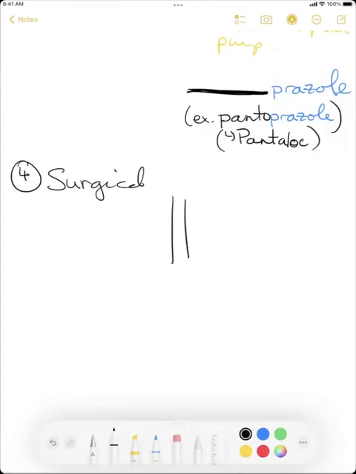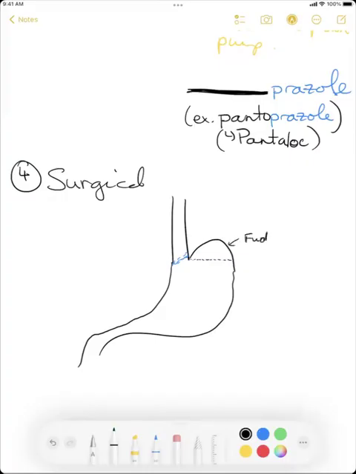So if we actually look at our esophagus, we have this part of the stomach that actually extends a little bit higher than where the esophagus joins on. And then you have your stomach here. Here's your lower esophageal sphincter. If it doesn't have very good tone, what surgeons can do is they can take this part of the stomach, this little piece that extends above. This is called the fundus of the stomach, and they can take this piece and wrap it around the esophagus to increase the tone.